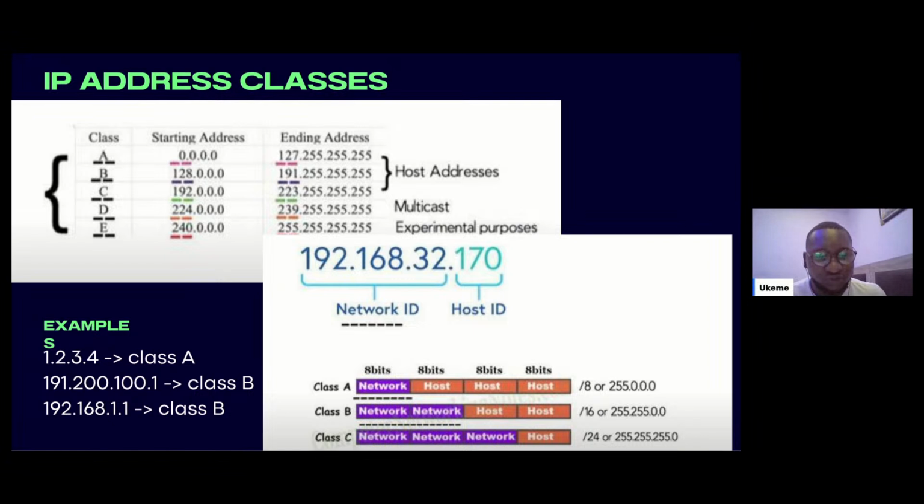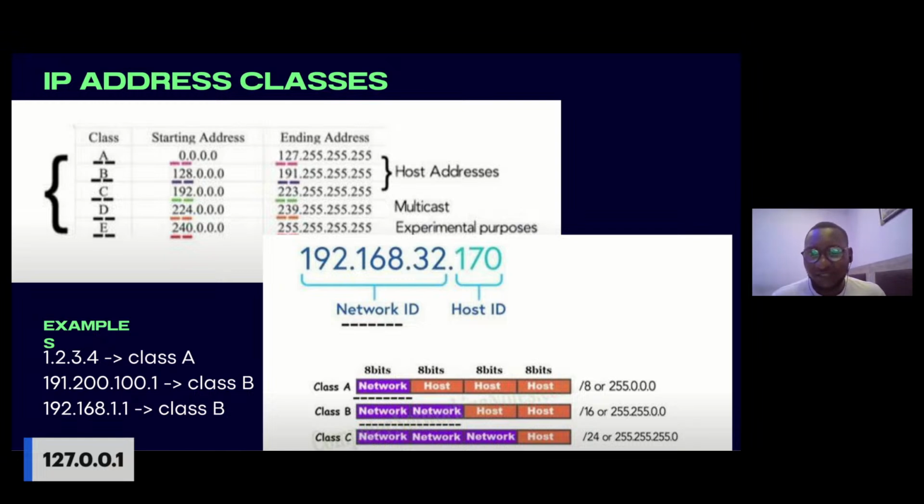So let me show you this. This 127.0 is localhost. Localhost is a class A type because class A ends with 127, right? Do you get? So you see how these things work. Once we start working, I'll show you different IP addresses, and you will be able to place them in the classes they belong to.